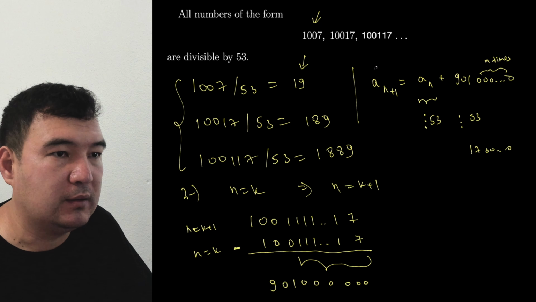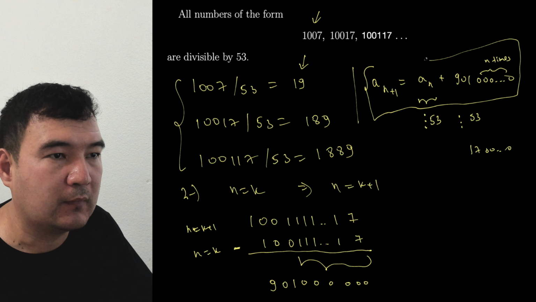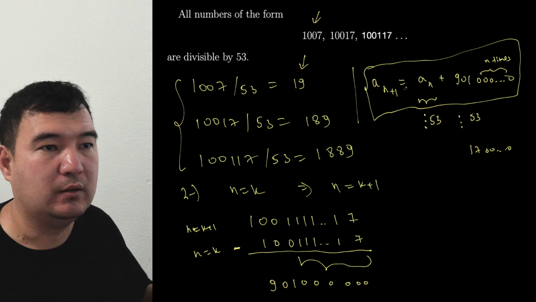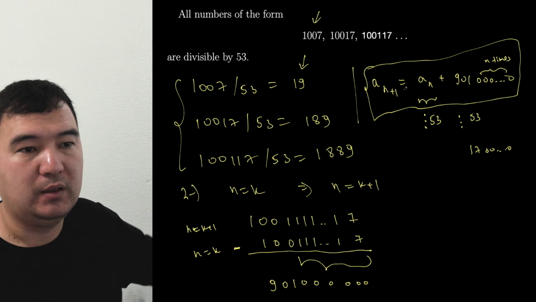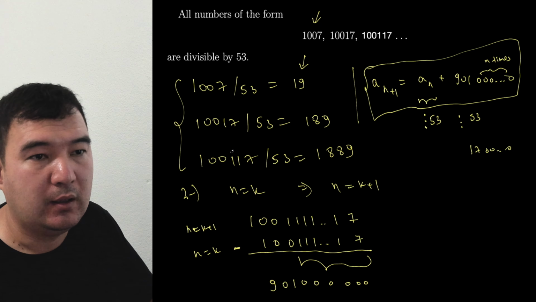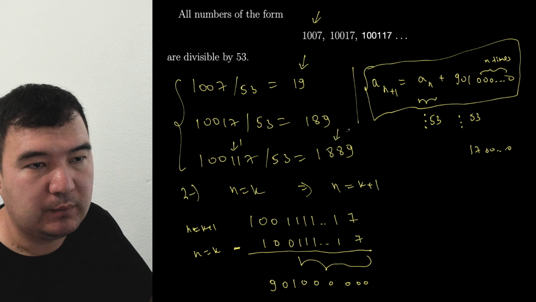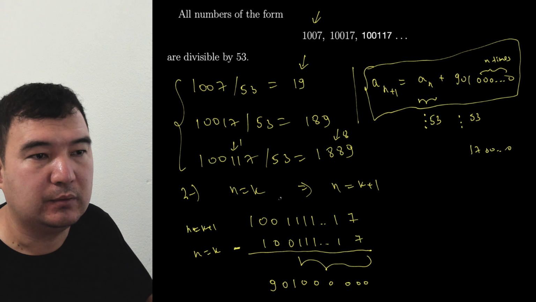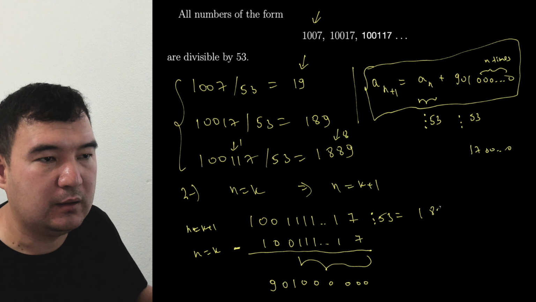So this relation between a_n and a_n plus 1 proves by induction that all the numbers, if you do it infinitely many times, will still be divisible by 53. But the pattern is very interesting. As you keep adding ones here, the result will keep adding 8s here. So if I divide this number by 53, I expect to have 1, 8, 8, 8,